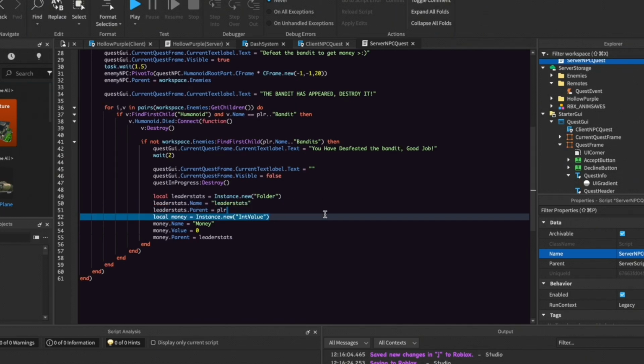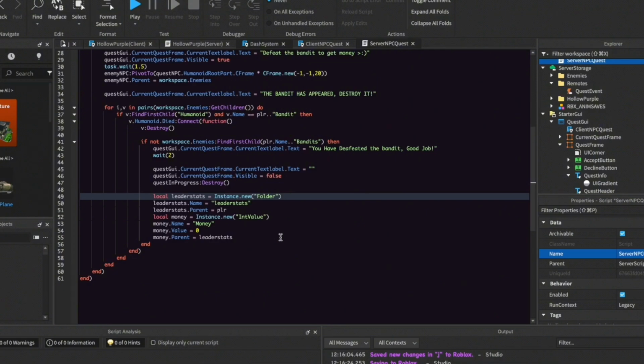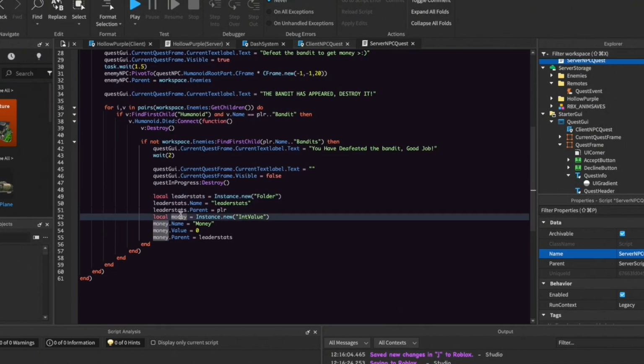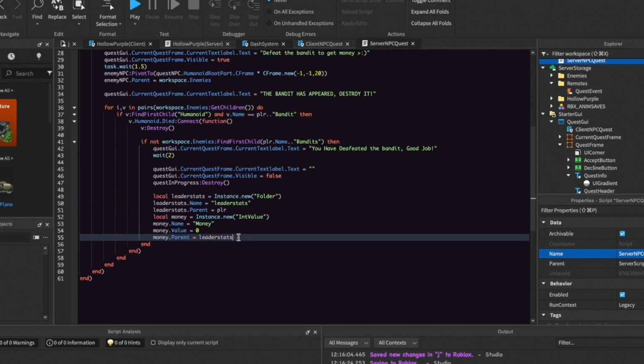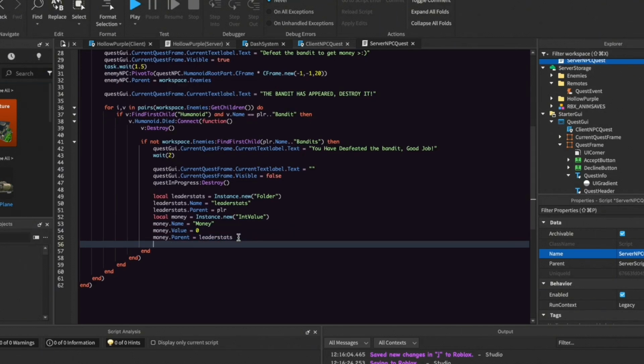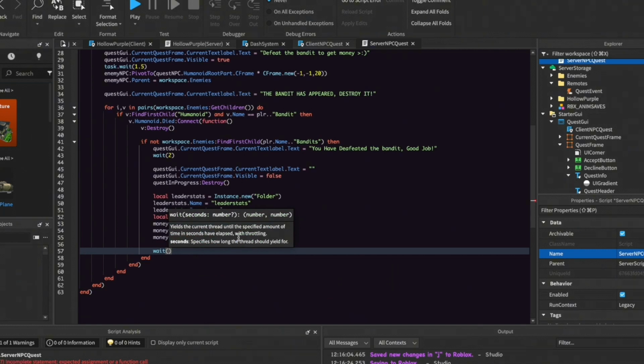Leaderstats is basically a folder to store all the currency, and it will show up on the leaderboard when the player joins the game. So now we're just defining what the money is. The money is an IntValue. An IntValue is like a number value, a whole number. money.Name is equal to whatever you want to name it. And the value will be 0 now, but we'll do